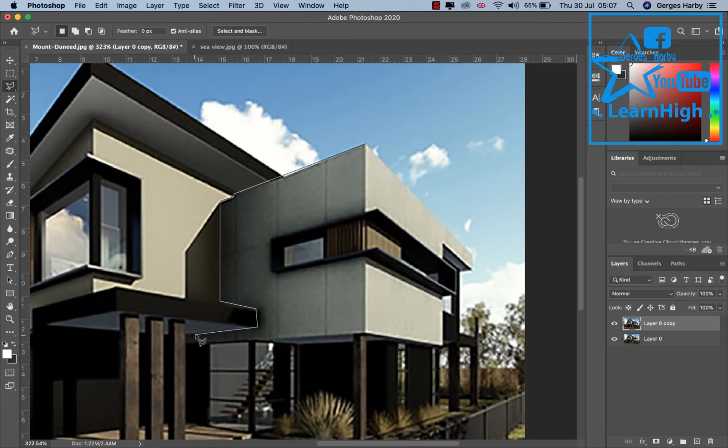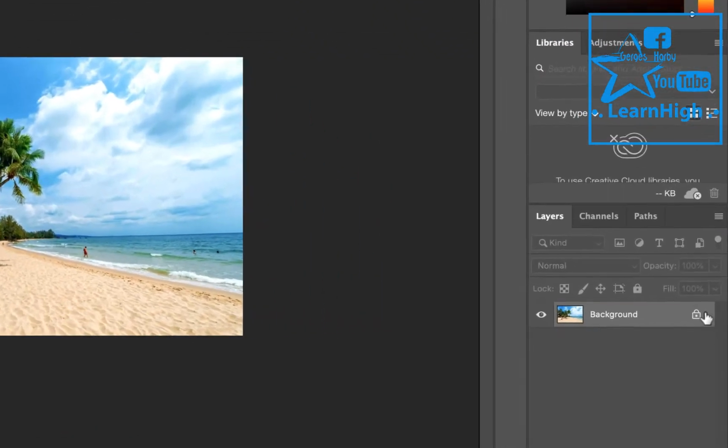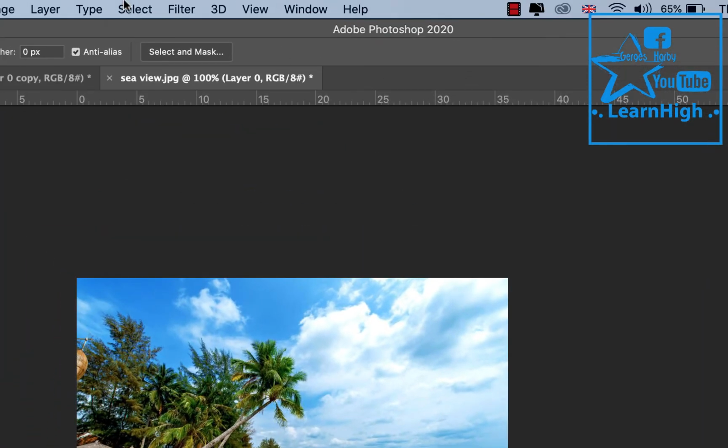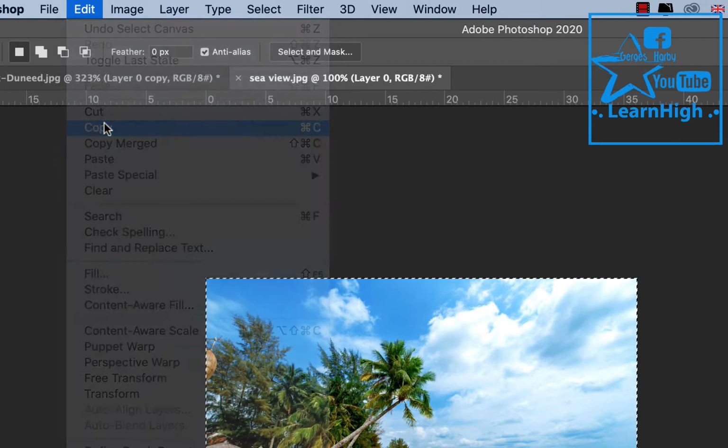After finishing selecting, go to the other image, unlock it, go to Select All, go to Edit, Copy, then back